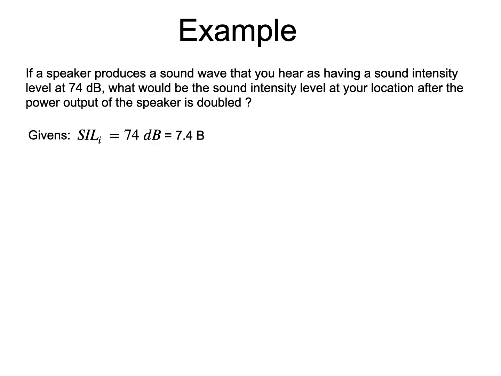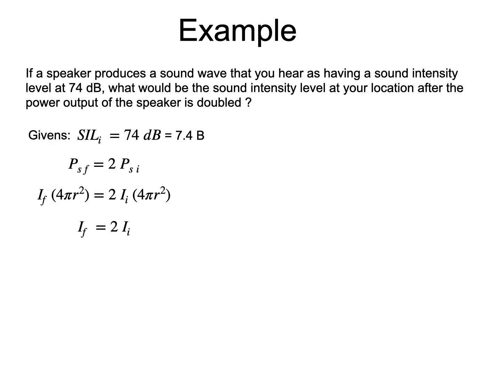One given is the initial sound intensity level, which I have expressed in bels because it is with that unit that the sound intensity level is defined in the equation. The other given is about the doubling of the power output of the speaker, that we can formulate this way. Using the definition of sound intensity, initial and final, we can write the previous equation this way. Since we did not move in respect to the speaker, the distance r did not change, and the expression can